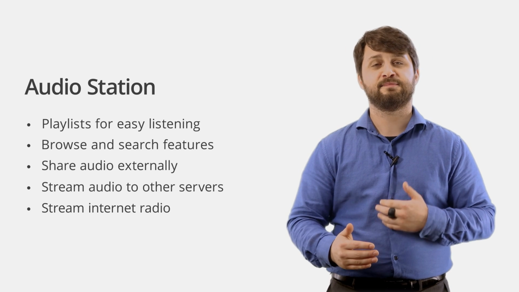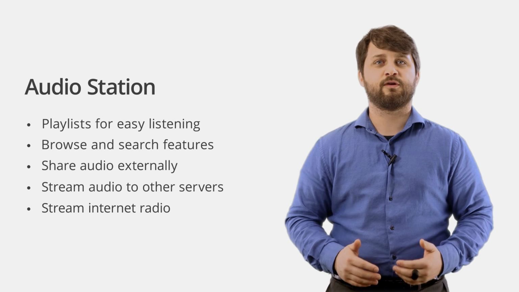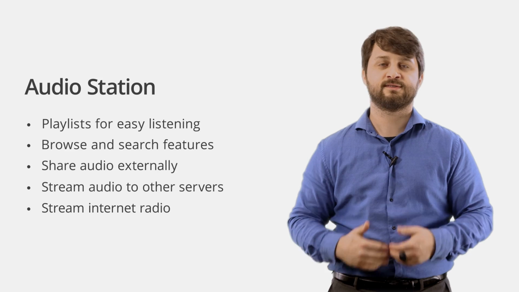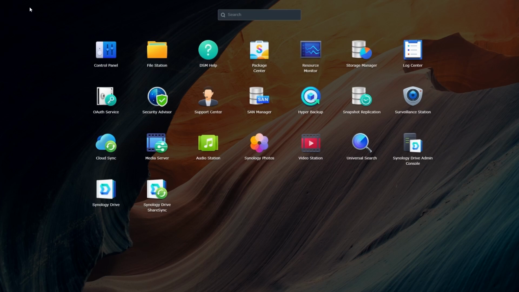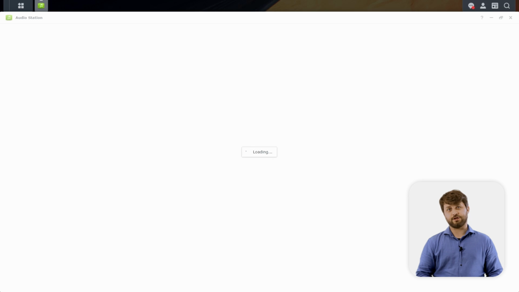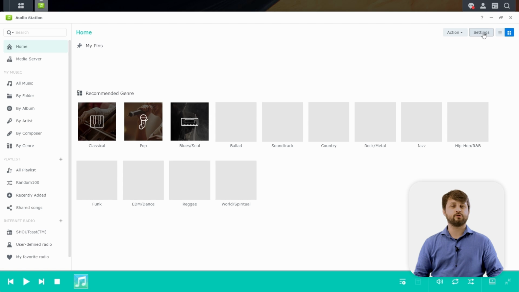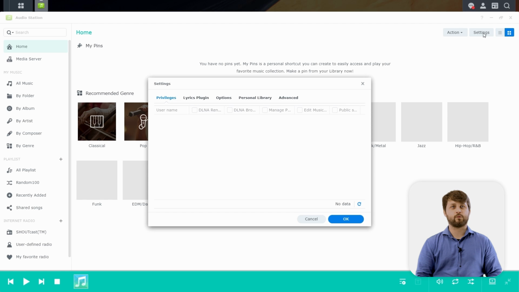What I find very interesting about Audio Station is its accompanying app DS Audio can also integrate with other apps that might be on your phone, like Apple CarPlay or Android Auto, so you can stream your music directly to those applications through that DS Audio app. So now that we're in our main NAS device, we're going to head back over to the Audio Station module in this case. And first we're going to take a look at some of the settings we have available to the system. So now we're going to set our privileges for Audio Station.